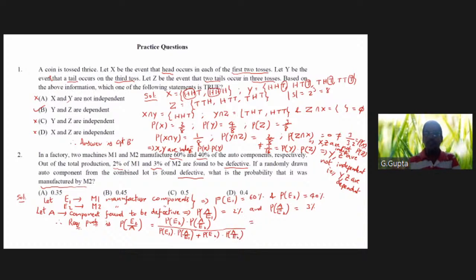Using Bayes theorem, probability of E2 is 0.4. Probability of A given E2 is 3%, that is 0.03, whole divided by probability of E1 is 0.6, probability of A given E1 is 0.02, plus